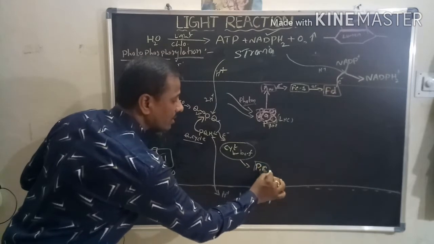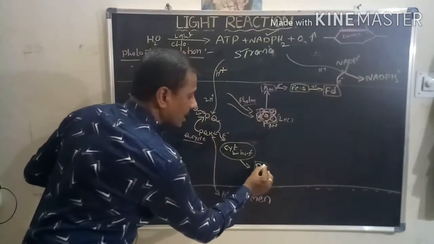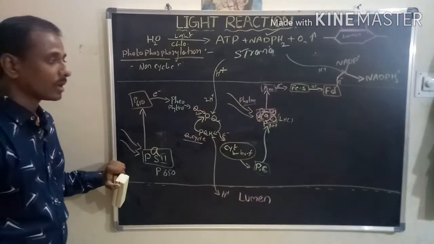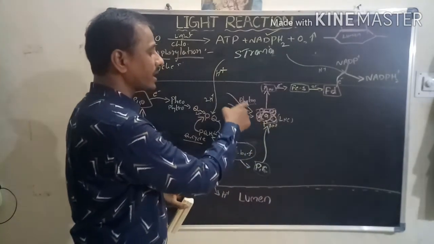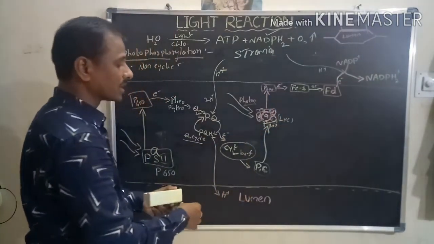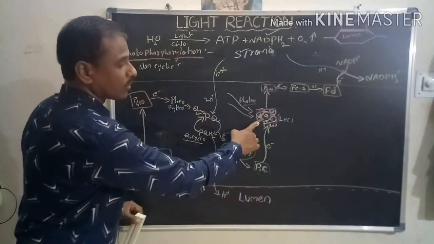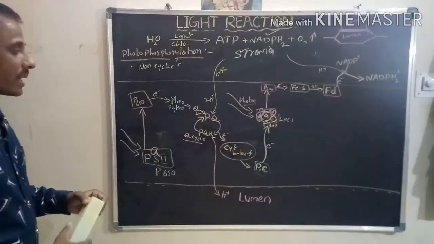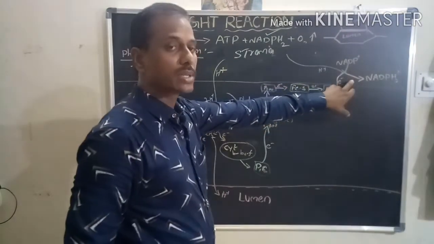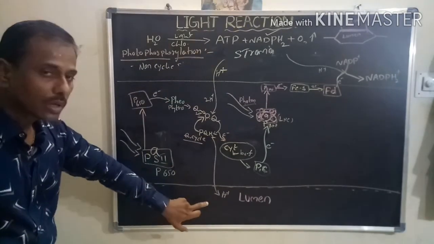This plastocyanin finally receives the electron. It is the electron vehicle. It can transport electrons to the next photosystem, that is P700. When the P700 receives the light energy and loses its electron, it is fulfilled by the plastocyanin. Then plastocyanin transports electrons to PS1 or photosystem 1. So what happened here? Due to this electron transport system, NADPH2 is synthesized here, and the protons are transported from the stroma to the lumen.